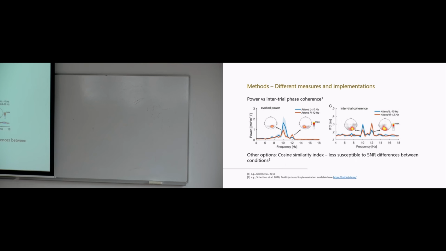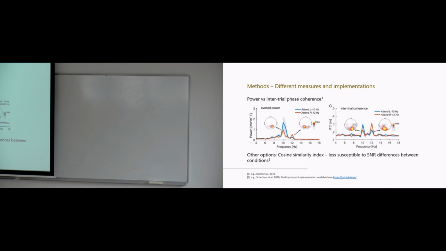So you average all the trials, and then you apply a spectral decomposition, a frequency transform, to that. That gives you this picture here, where in my case you have a stimulus that flickers at 10 hertz and another stimulus that flickers at 12 hertz, again, left, right. That works well. You also get this difference between the two frequencies, which is a bit of an artifact of this approach, and this is why I have for myself decided that this is not really